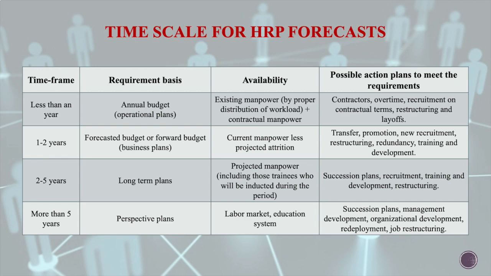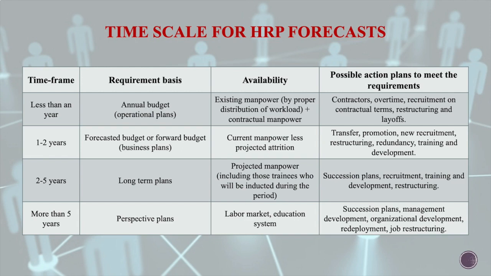We can fix it in our annual budget. The availability needs to be checked in terms of existing manpower by proper distribution of workload. Plus, we can think of deploying contractual manpower. So the possible action plan to meet the requirements will be contractors, overtime, or recruitment on contractual terms, or restructuring